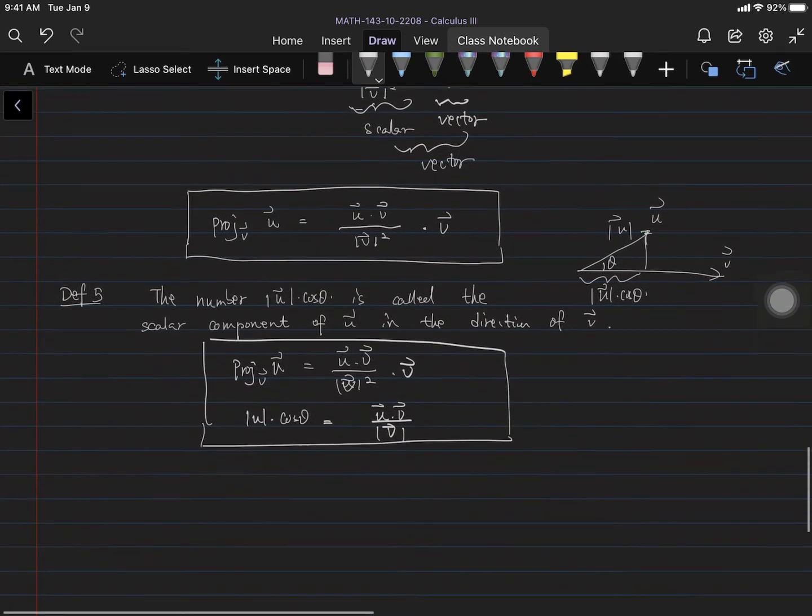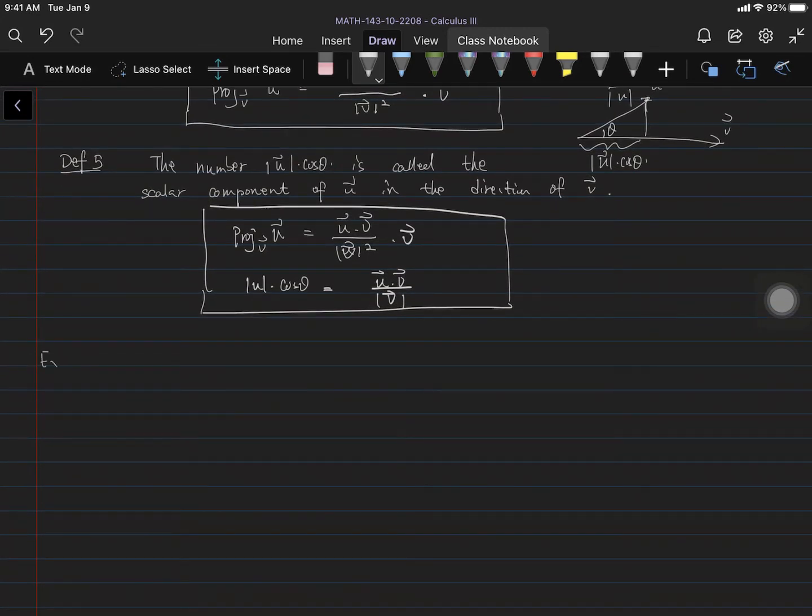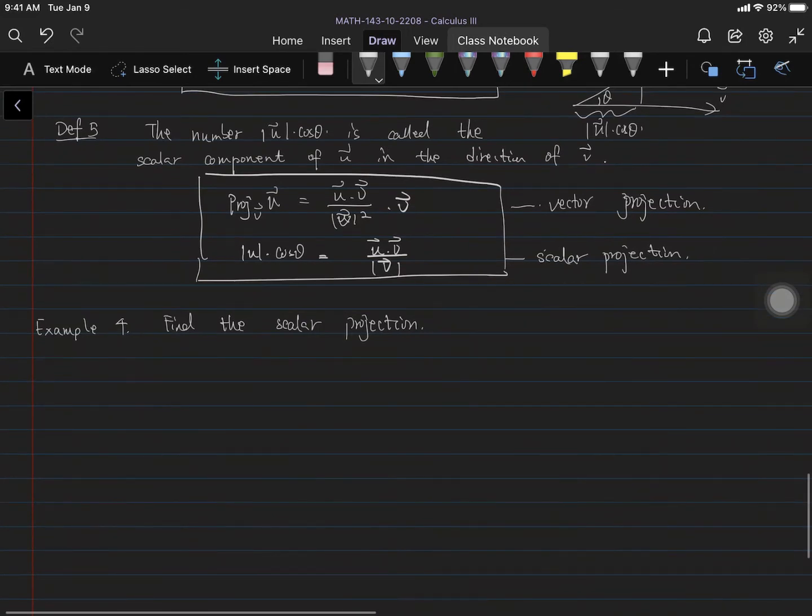Now let's take a look at the example, how to use this formula to find the vector projection. Find the scalar projection. So when we read the problem, we need to know what it's asking for. It's asking for vector projection or scalar projection. So this is scalar projection. That's just the length of the projection. And this is the vector projection. It's a vector, right? Find the scalar projection and also the vector projection